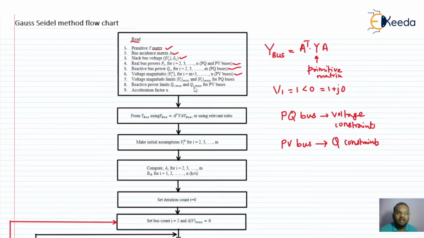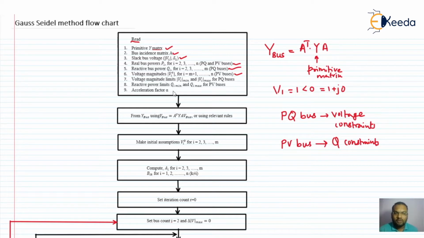So that will be the reactive power maximum. Similarly, for the PQ bus, the voltage at that bus can be maintained between certain limits. Beyond that limit, voltage cannot be maintained. If the voltage goes beyond that limit, then we have to go for compensation to bring the voltage back to within this range.